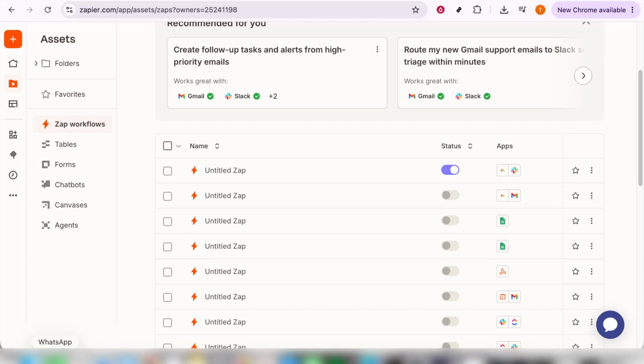tasks on your behalf. It's worth checking that all the connections and corresponding settings for this Zap are correct before activating. This can save you execution